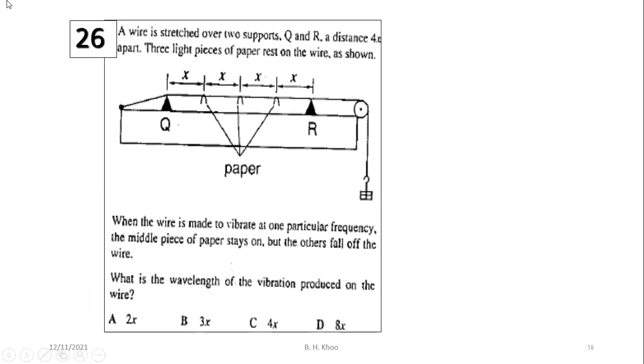Okay, this one you should be able to read. A wire is stretched over two supports Q and R at a distance 4x apart. The three light pieces of paper rest on the wire as shown. When the wire is made to vibrate at one particular frequency, the middle piece of paper stays on, but the others fall off the wire. What is the wavelength? So you should be able to say, okay, the middle piece